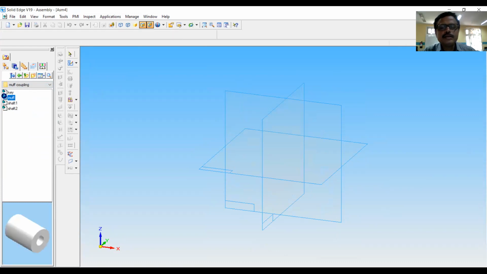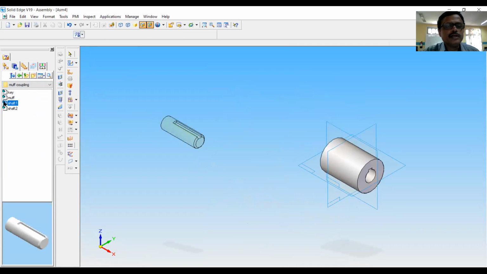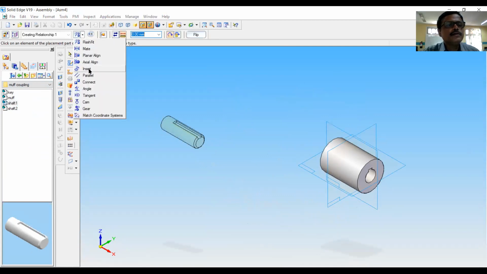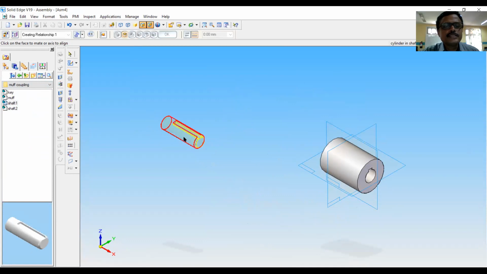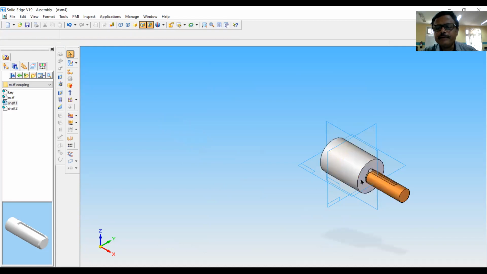Double click it. So it is grounded. Double click the next part, that is shaft 1. So insert axis of this with the axis of this. Then mate, the surface of this will be mating here.